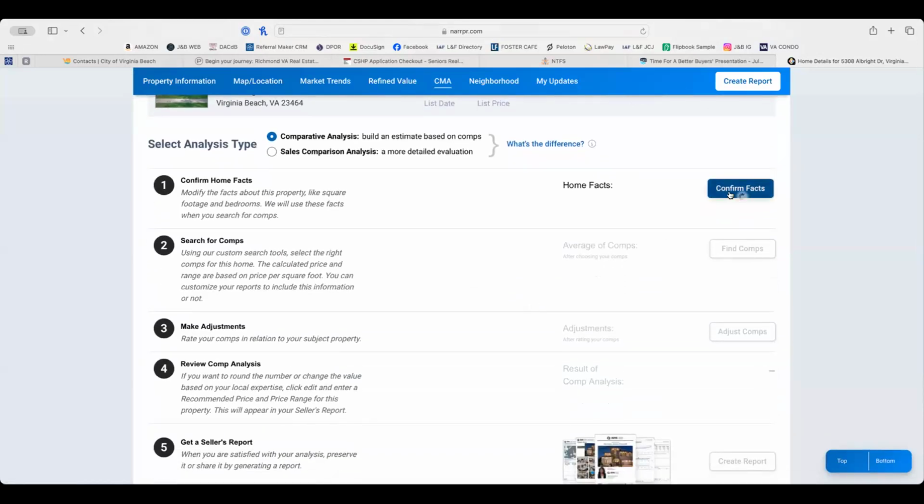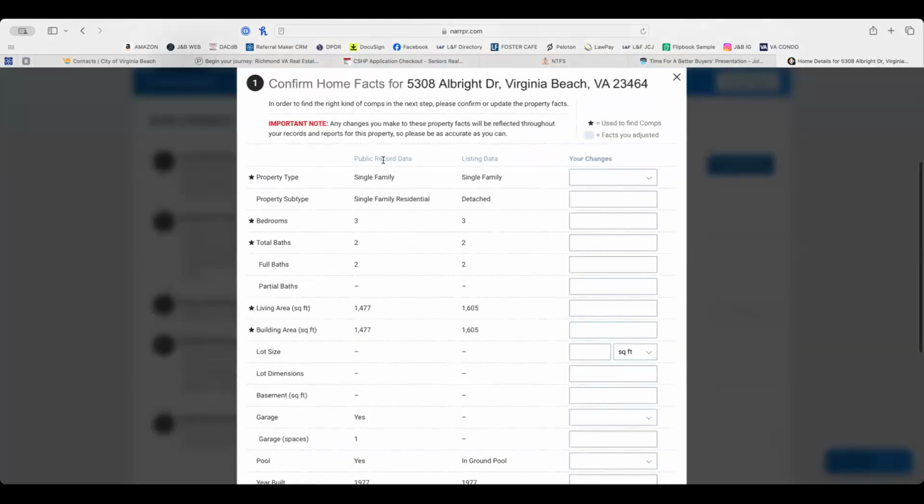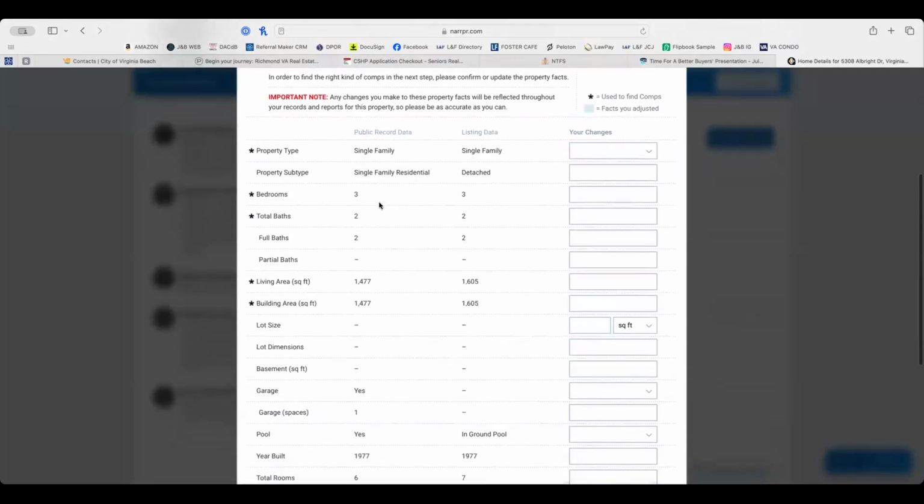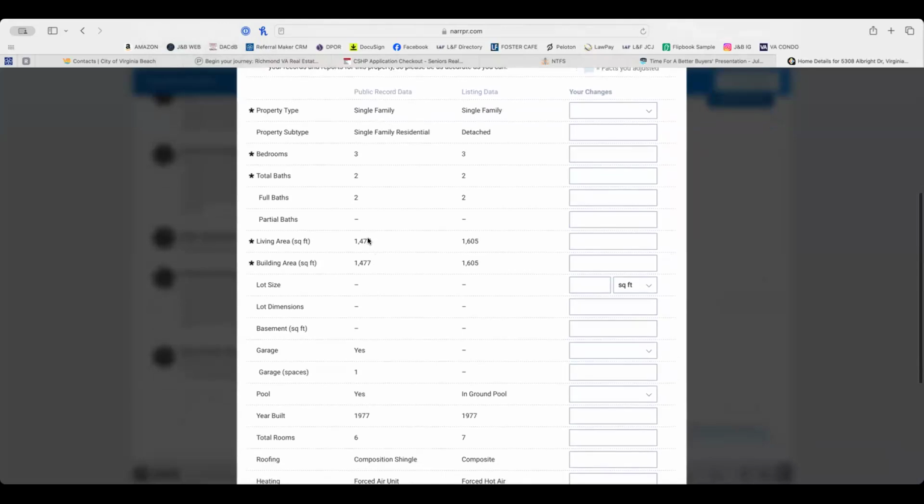And we're going to click on Confirm Facts. So here on this left column, we have public record data. And then on the right, we have listing data. And so we have 3 bedrooms, 2 baths. All right, here's where the square footage is different. So the public record says 1477 square feet. Listing data